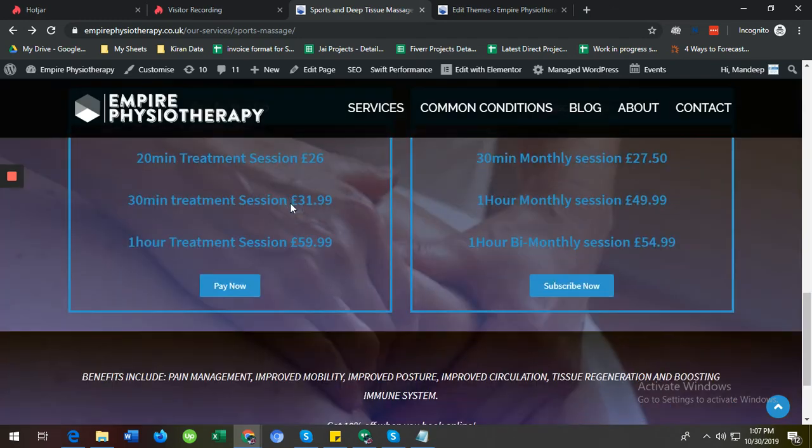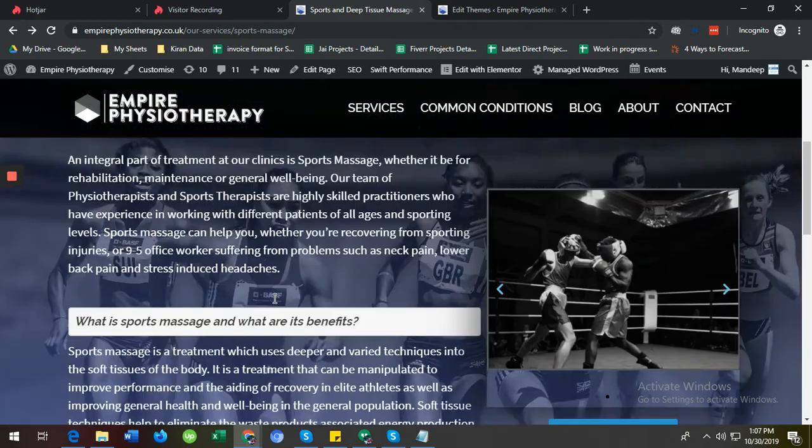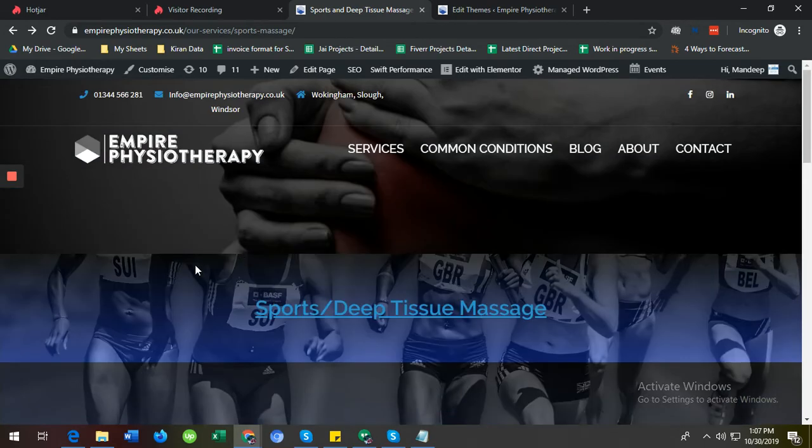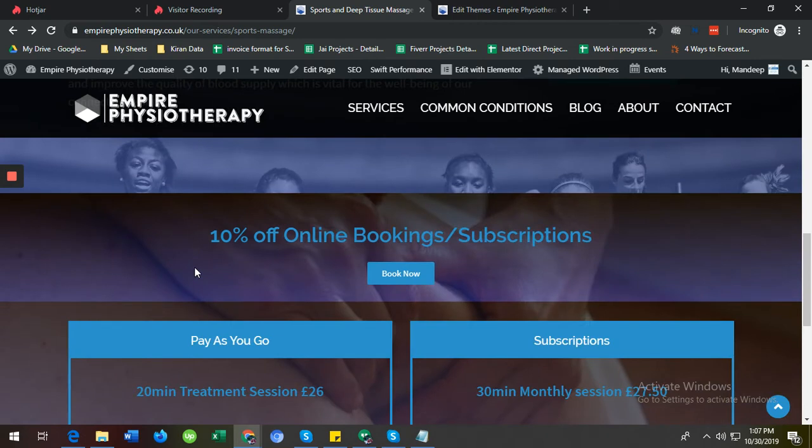So you can try different techniques and see which is more engaging, and then you can keep that. Suppose if you change the color to green, you can see an increase in your book now button clicks. So you will keep the button color green.